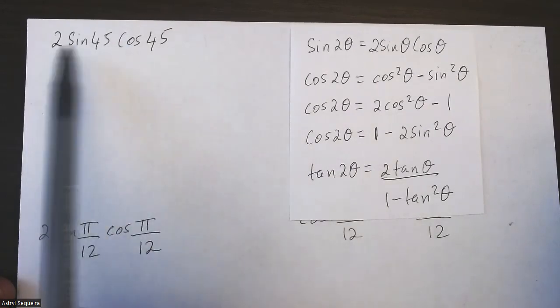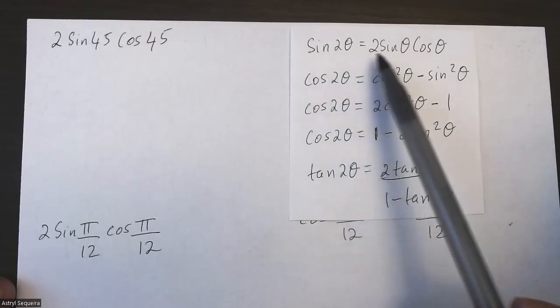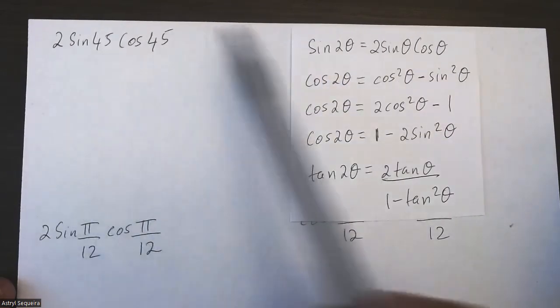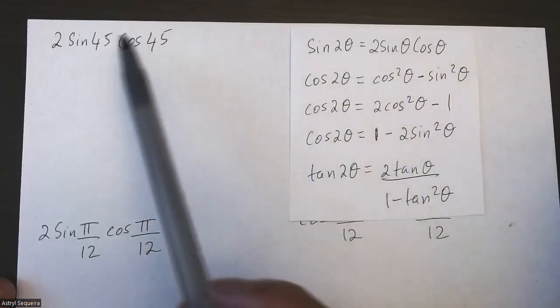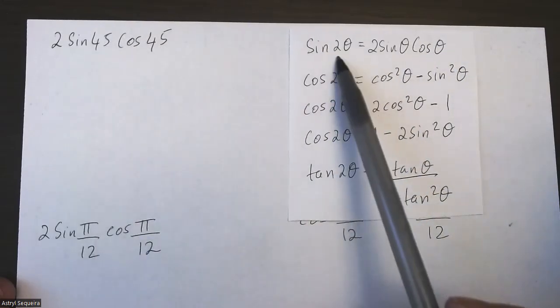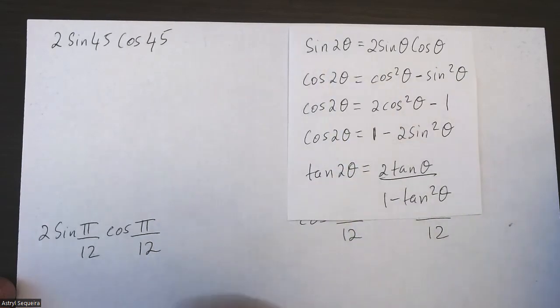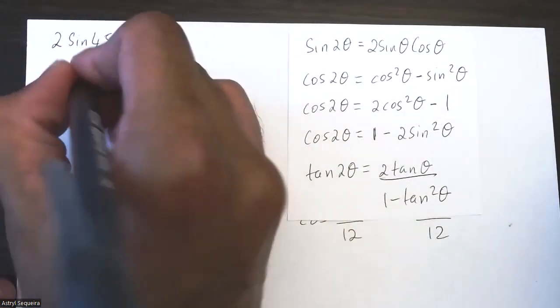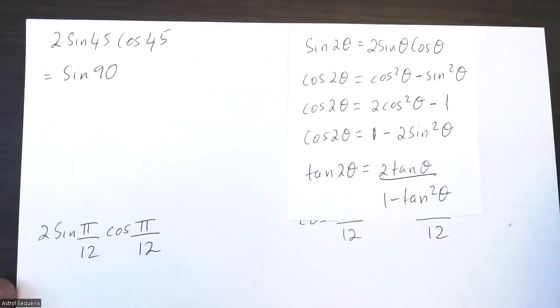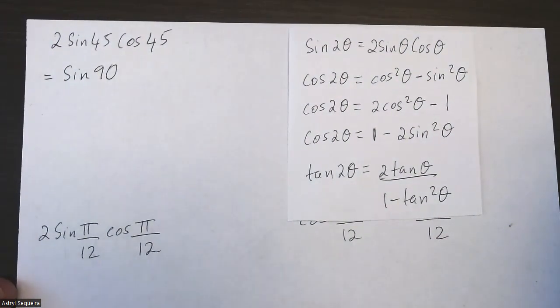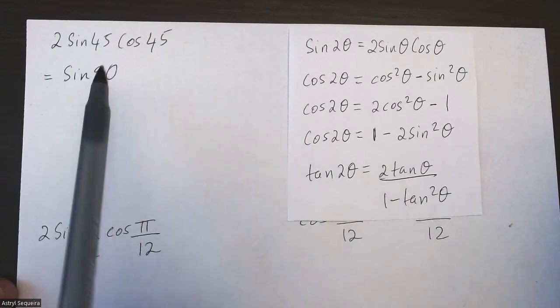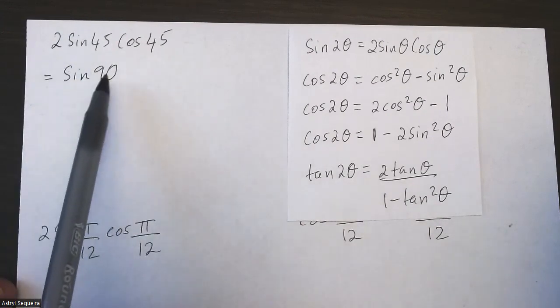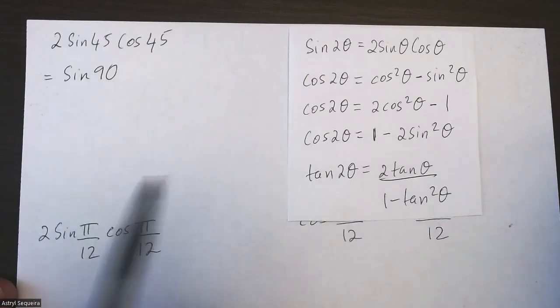We notice that the first one over here is the same as sine 2 theta because we have 2 sine theta cos theta, which basically means that theta is 45 degrees. So 2 theta is 2 times 45, which is going to be 90 degrees. Now, again, if you're allowed a calculator, you can just put this in your calculator, and basically we know that it's going to be in degree mode because the angles are in degrees. But like I said, I'm going to use special triangles and graphs, so I'm going to do this without a